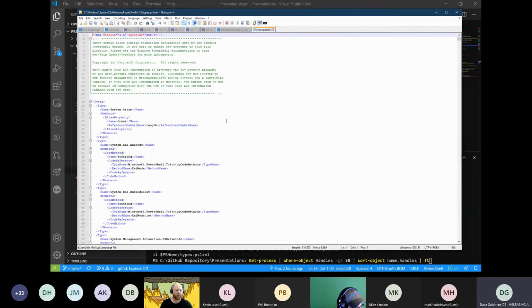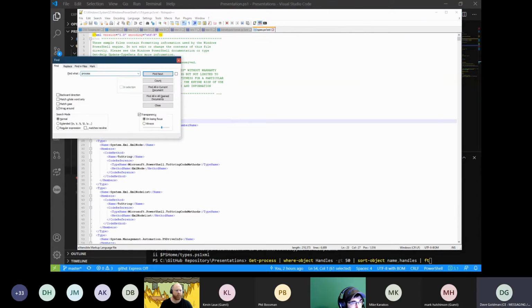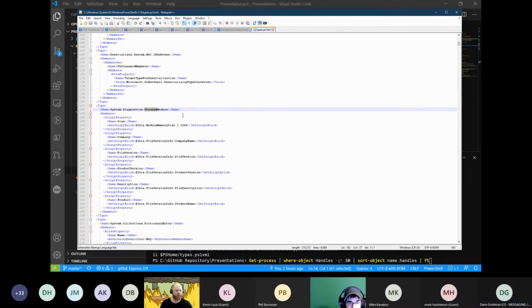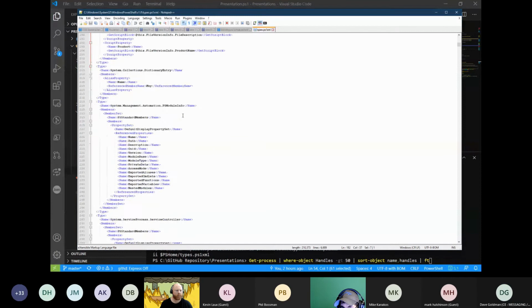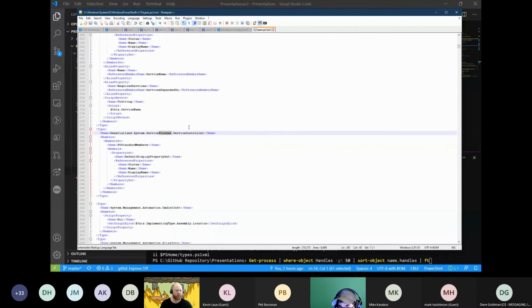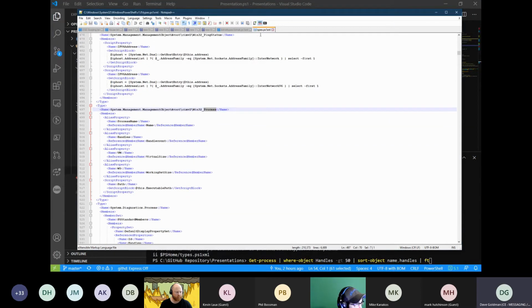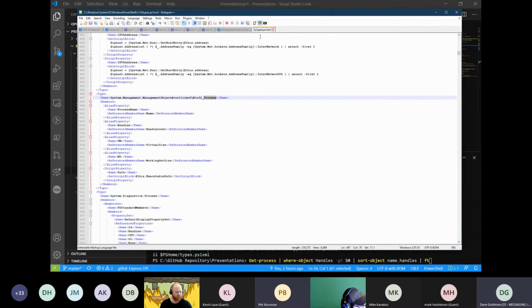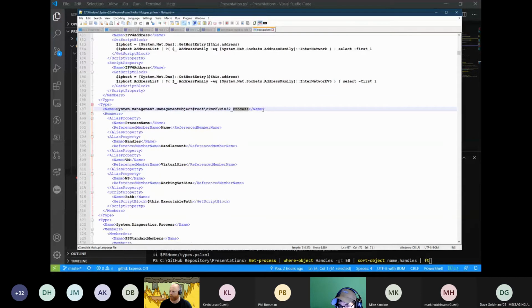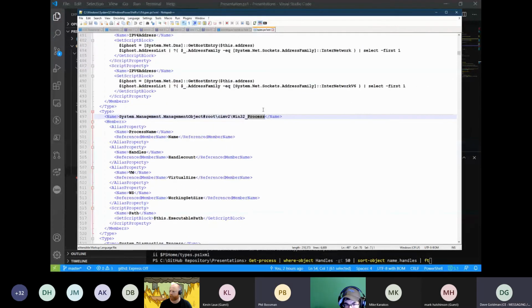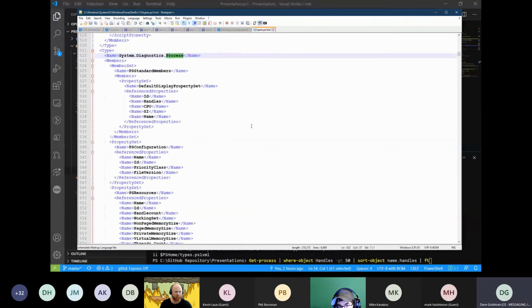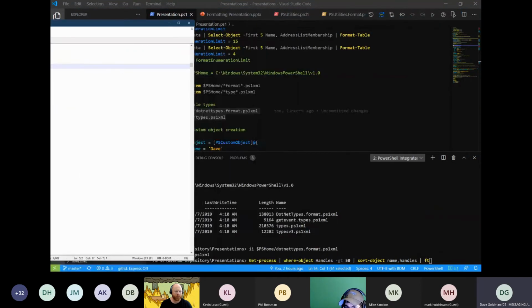So going back to the process that we were looking at before, the get process object, if I look at the type and I do a search for process, here's the Win32 process. So I'm searching down in the PowerShell file, and I want to see, say again? Just zoom it up a little bit. Oh, sorry about that. Okay, cool. Here's a Win32 process, and here's system process. So now I'm going to split screen this real quick.